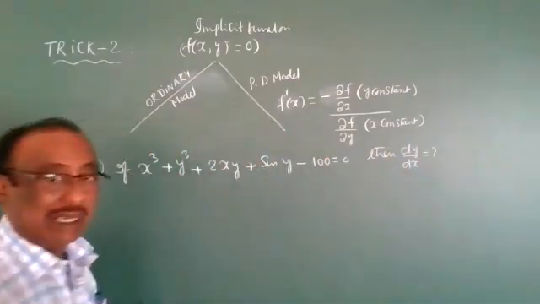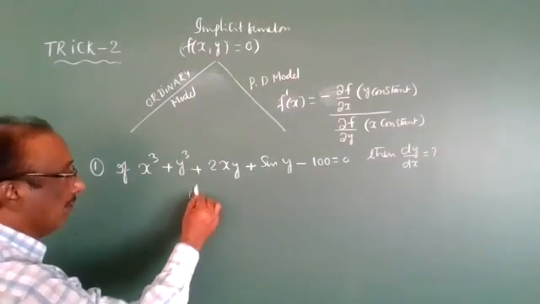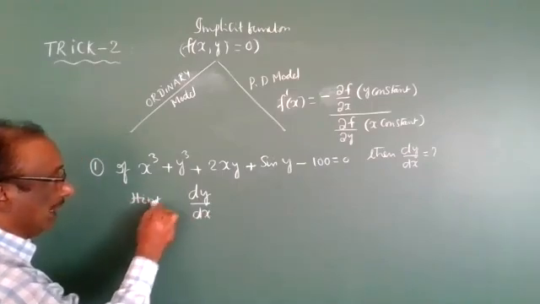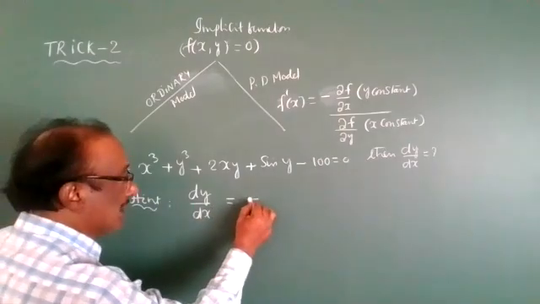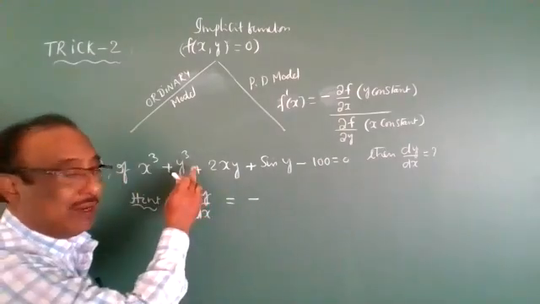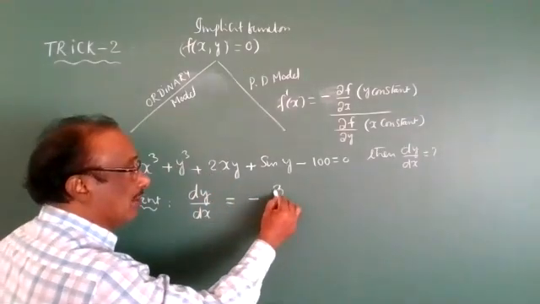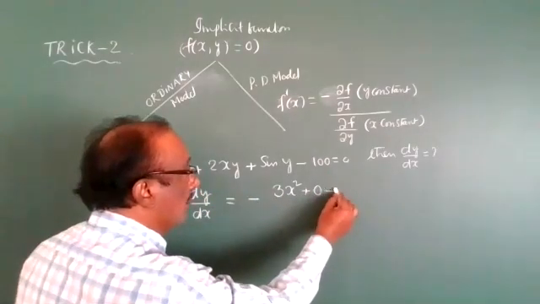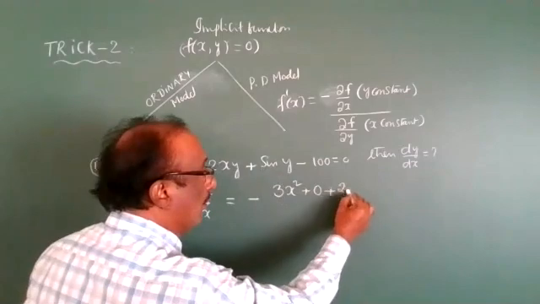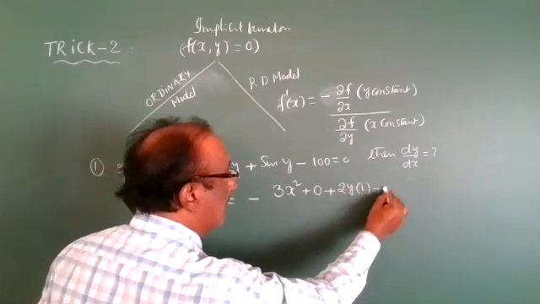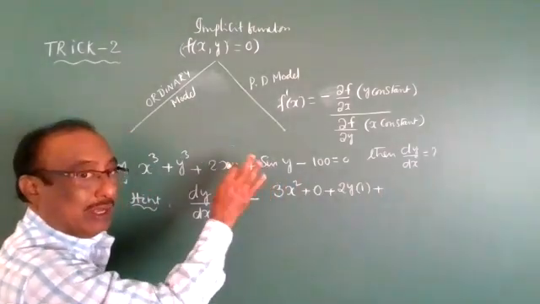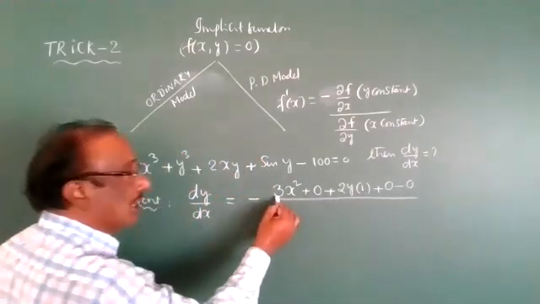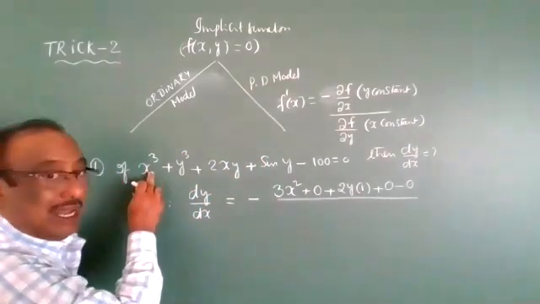First problem, once again I am going to explain. dy by dx is equal to, in short method, only one line. So minus of the partial derivative with respect to x: x cube derivative is 3x square; a single y term is constant, so 0; y term with x coefficient 2y, x derivative is 1, so 2y; single y term sin y has no x term, so 0; 100 also 0. By the partial derivative with respect to y, a single x term